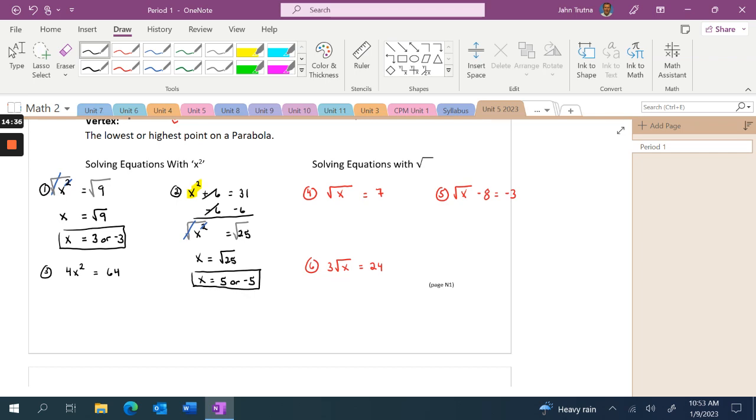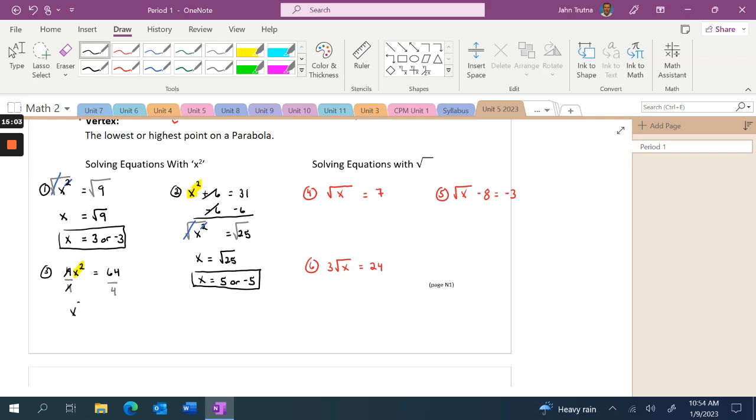Okay, example number 3, if you have a coefficient, in other words, a number in front of the x squared part, remember you have to get the x squared part all by itself to solve an equation with x squared in it. So what you do, in this case, is you would divide both sides of the equation by 4. All right, now you can see when I do that, that cancels out the 4's,